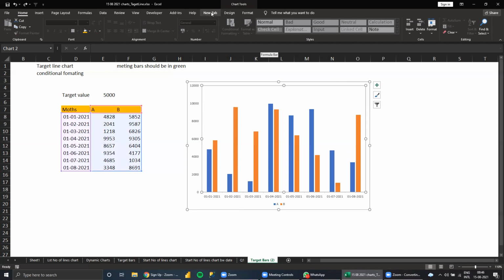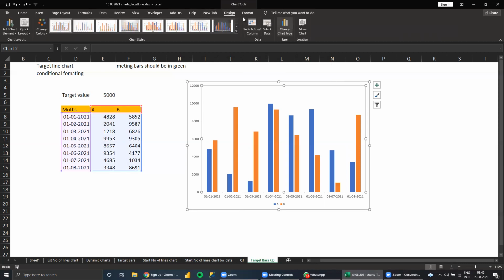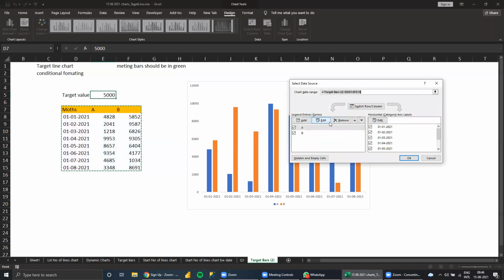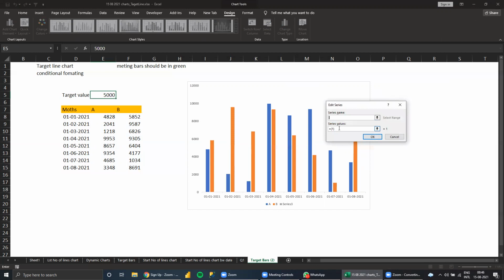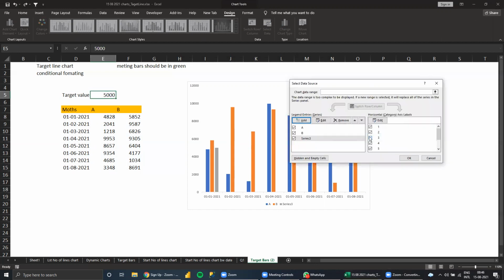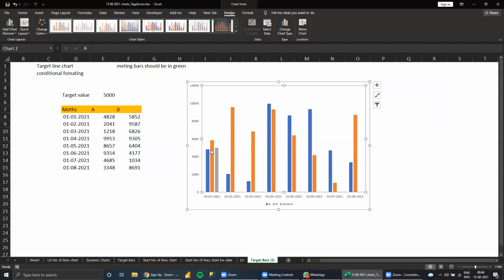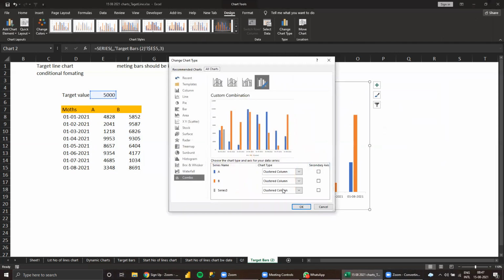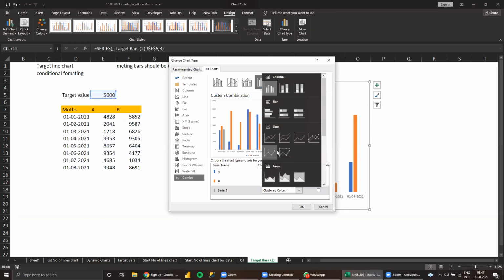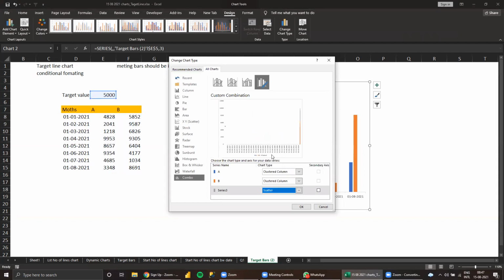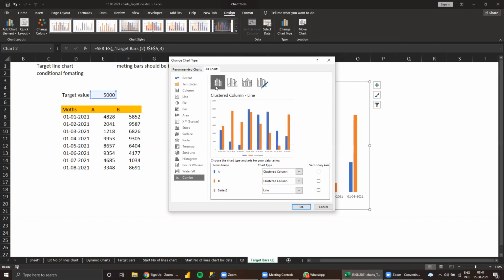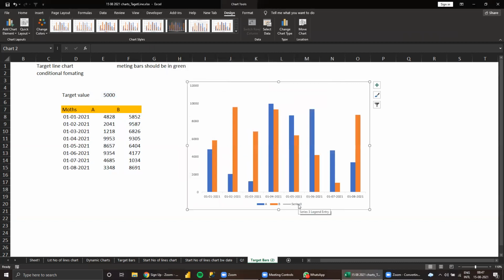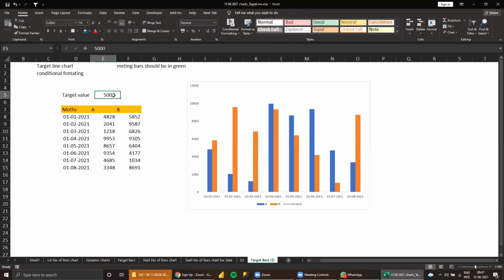Okay. Design. Select the data. Add. I need to select this. Okay. Then chart. So this. $5,000. So